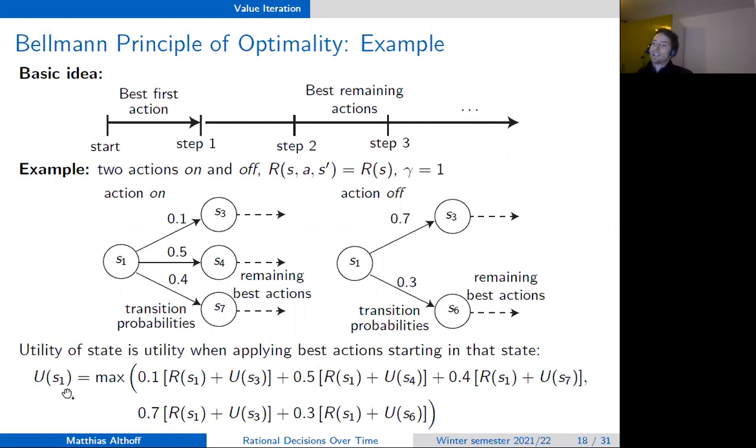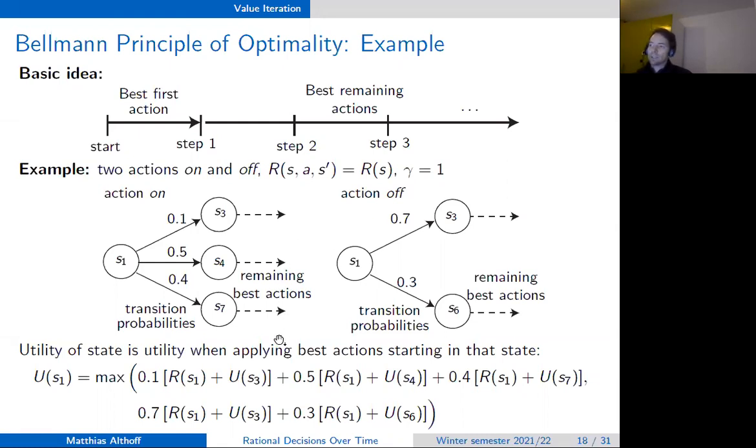So the utility of the state then would be the immediate reward of the state where you're in right now, plus the utility of the state that you reach, because the utility of the state that you reach subsumes, according to the definition of the utility of a state, all next actions. And